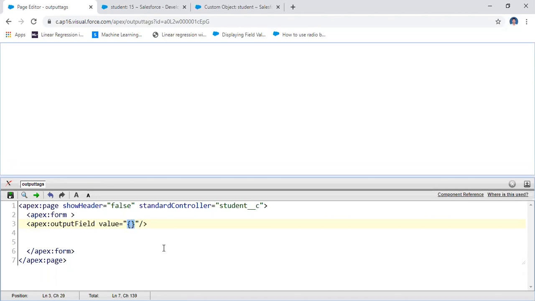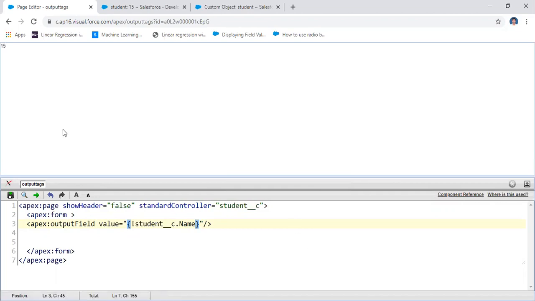Binding the value, and then the exclamation mark. Let us assume the student, that is called the controller, then object dot, for example, name. Let us assume it displays a number, a particular number 15.